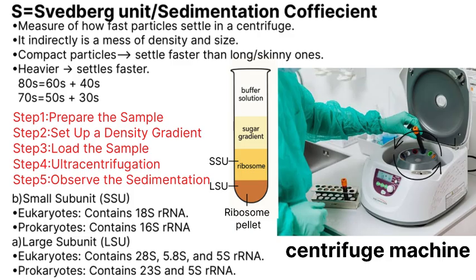For that, you have to fill the test tube with layers of sugar solution, which is also called the sugar gradient. You will see that the sugar concentration is low at the top and high at the bottom, forming a gradient. This helps particles of different sizes or densities to settle at a specific point in the gradient. You can even see in the diagram that the layers of sucrose mixed with the buffer solution create a thick syrup-like effect that separates the ribosomes based on their size, mass and shape.